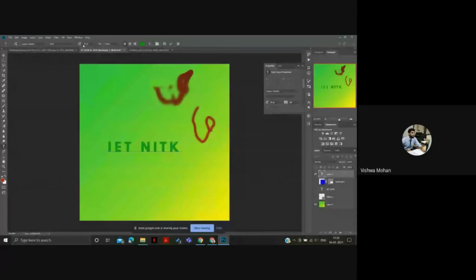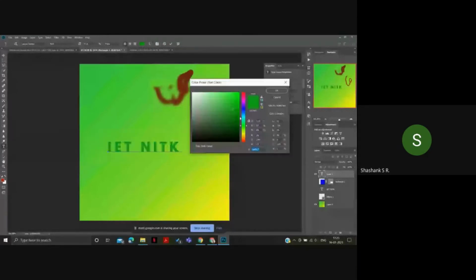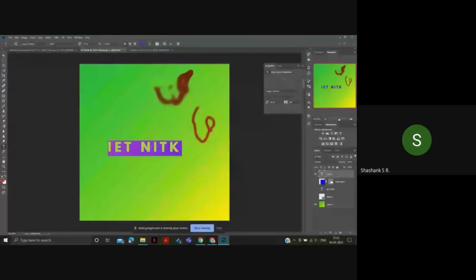Now you can see that a lot more spaces are there between these letters over here, and even between the words. And even if you want to change the color of the text, you have to select it and then click on this. You can choose whatever color you want, whatever intensity of color you want. And as I said, there are a lot of spaces between the letters. So, if you want to increase or decrease the space between the letters or between the words, you have to click on this icon.